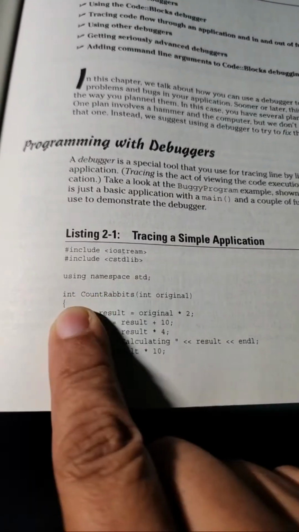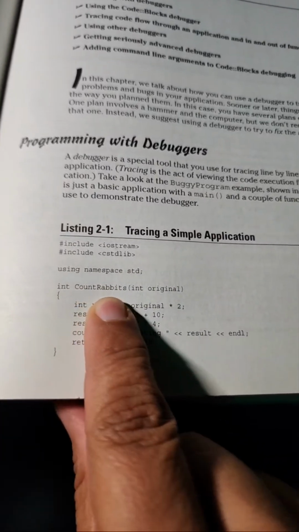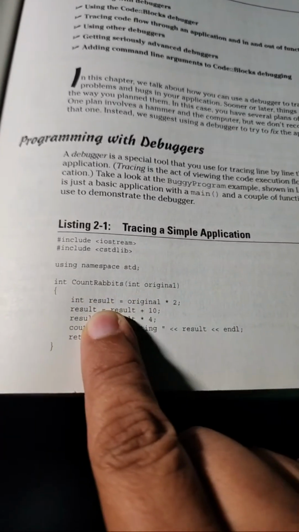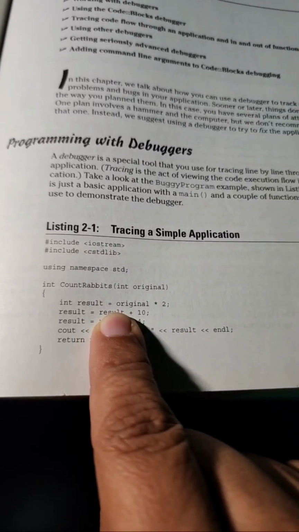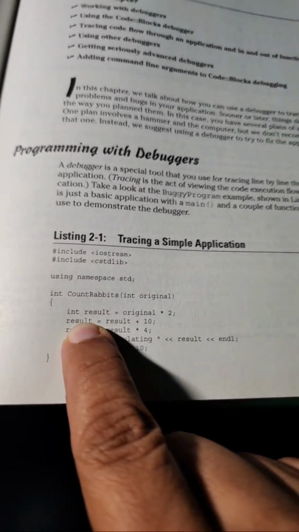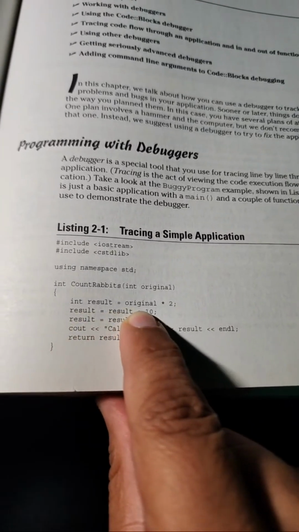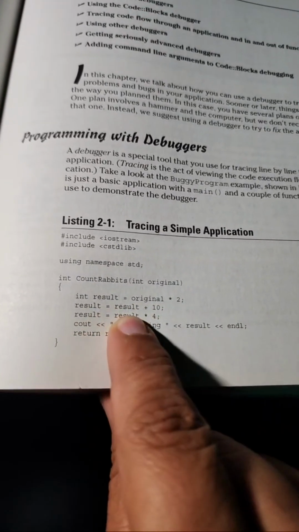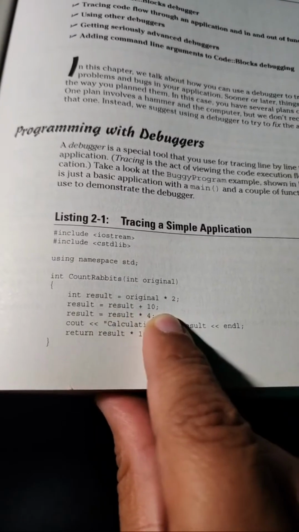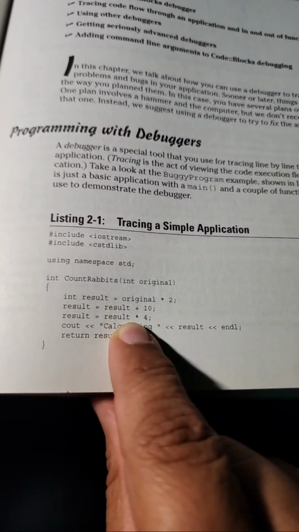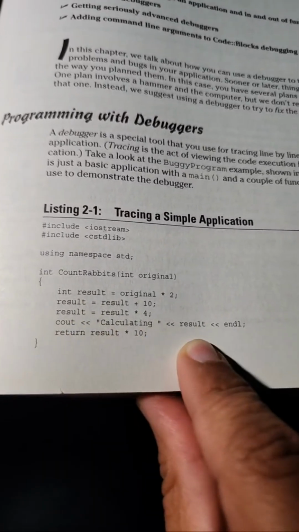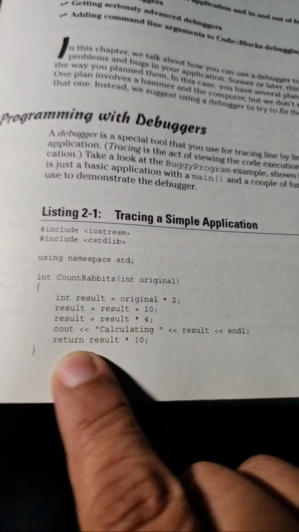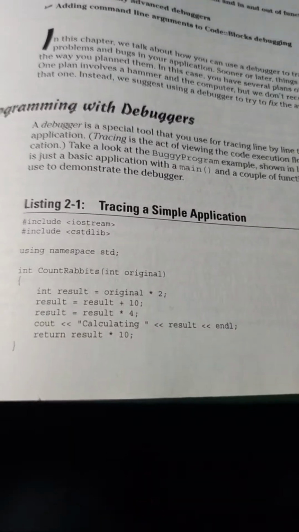Using namespace std; int countRabbits, int original, int result. Oh yeah, that's gonna blow up. You can't do that. int result = original * 2; result = result + 10; result = result * 4; cout << "Calculating result" << endl; return result * 10;